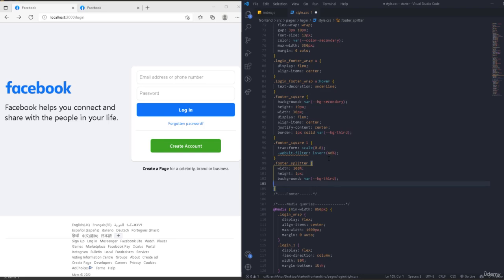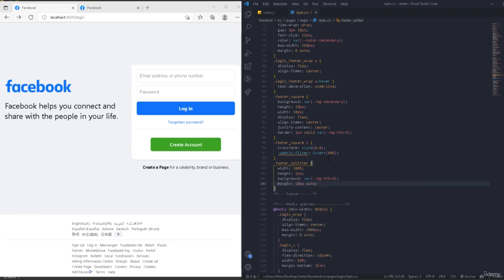Then right here we're going to have a margin. It's going to be 10 pixels, from right and left. This way. And also we're going to have a max width of 900 pixels, so we want it to be more than that. I think we're done with this, and now we're going to work on